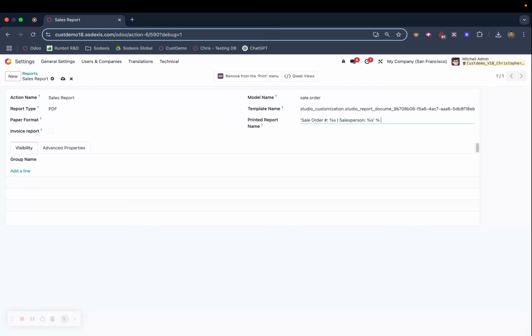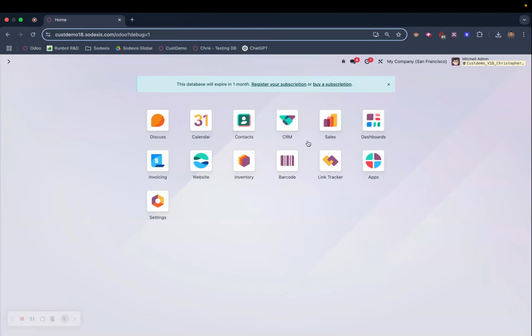And now I'm just going to add a % symbol and add object.name for the record name and the salesperson name. And close the parentheses. Now when I save and go back to Sales,